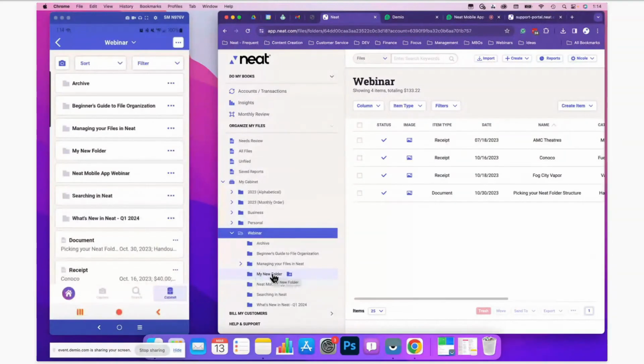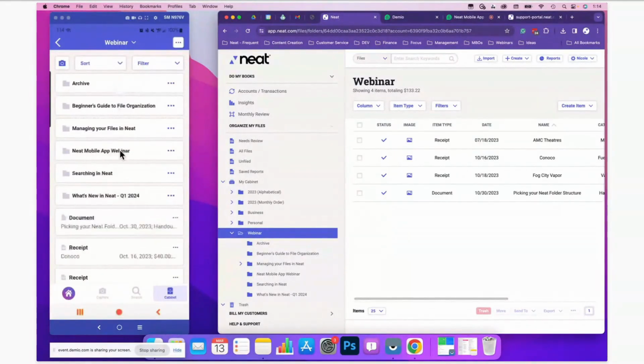I'm going to go ahead and trash this my new folder. I'm doing that by right-clicking on my file within the web application and trashing it. Now, when I go back over to the mobile application, I can refresh to see new changes just by pulling down. As you can see, I get that little arrow there. And when I pull down, it's going to refresh my Neat mobile application, showing me the latest version of my database. And as we can see, my new folder that we just created is no longer showing up in